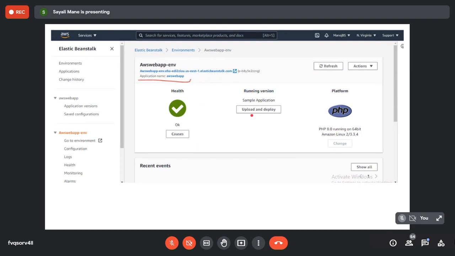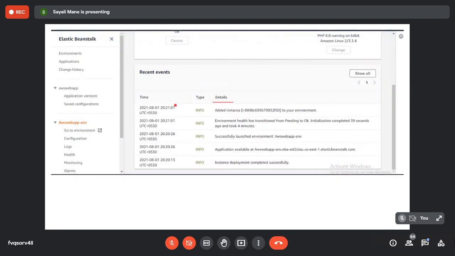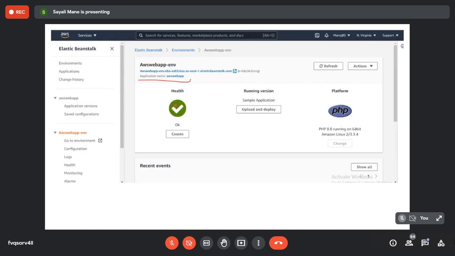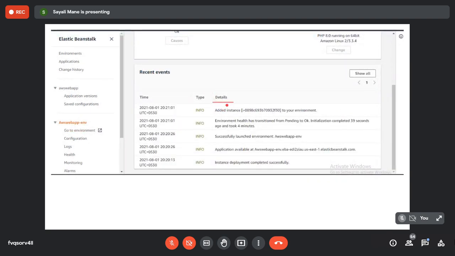Don't forget to highlight your application name and environment details.